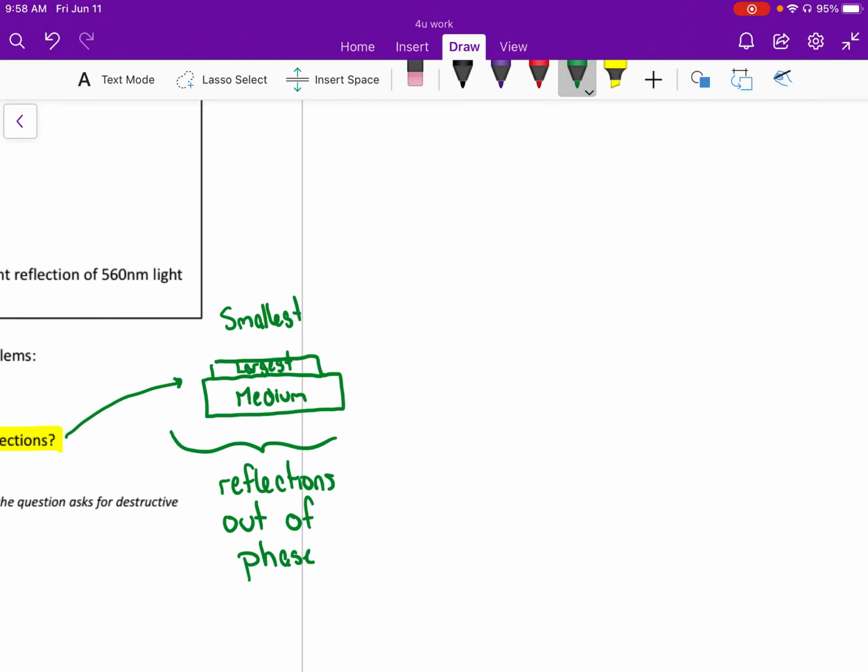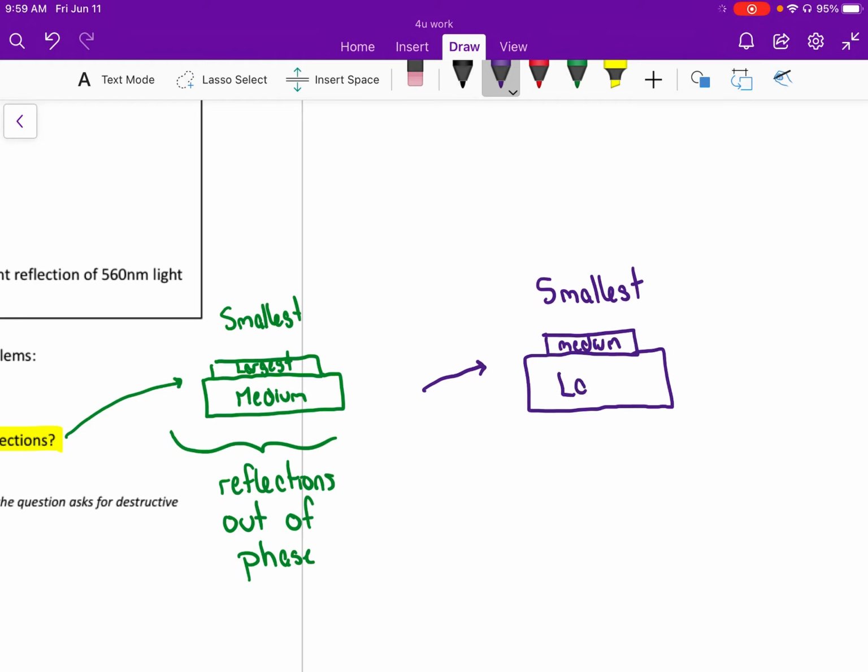But if it was a different question, and there'll be one in the examples, let's say we've got air and then a film and then the material underneath. Air is always going to be the smallest because it's 1. If I cook up a question so that the n's go smallest to medium to largest,